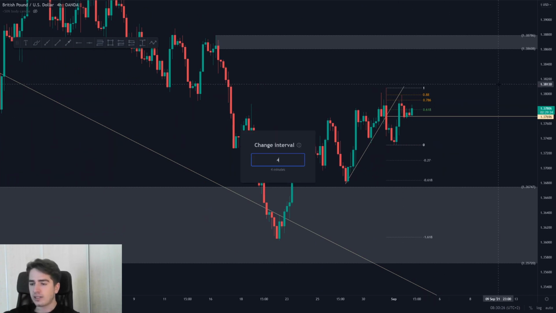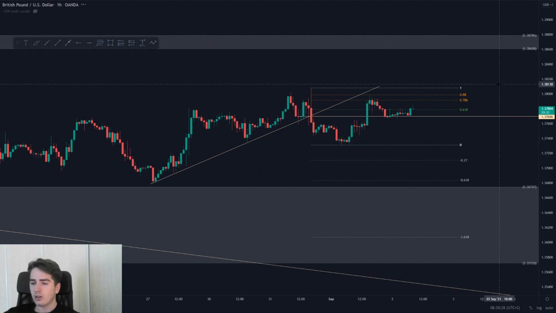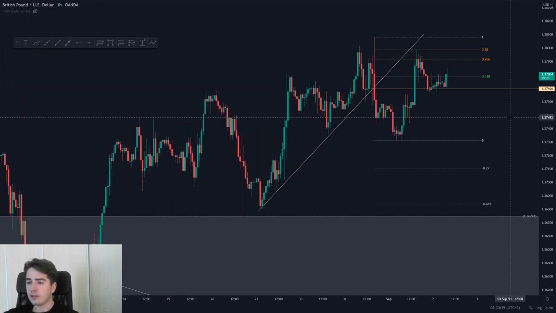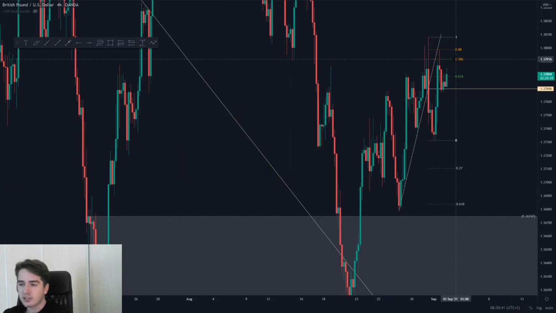Personally, I did not take this setup as I was not a fan of it, and it did not meet my entry criteria, as I explained on the live session yesterday, or stated in the market updates channel on Discord. So I'm not in this short at the moment. So what I'm expecting, of course, if I'm not in the short, is for the market to push up